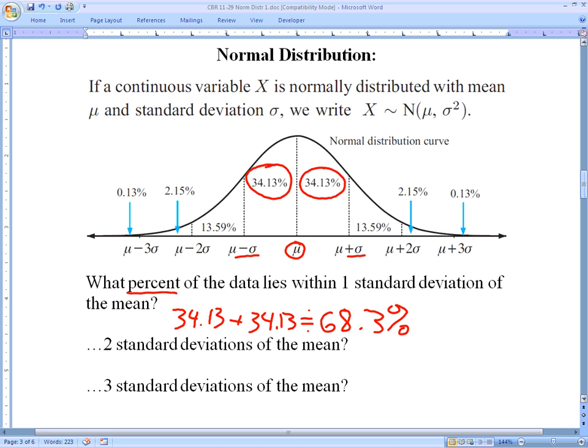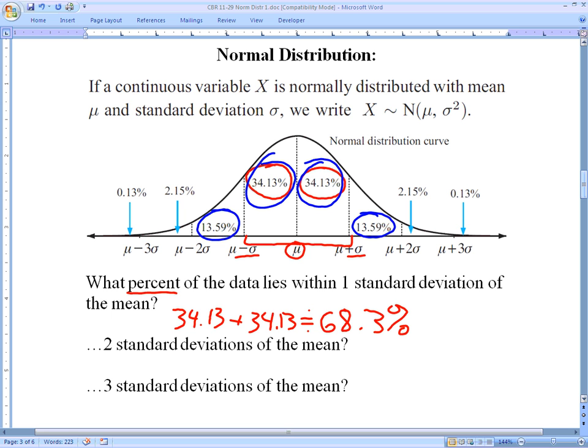68.3% of my data is going to be within one standard deviation of the mean for normally distributed data. Now, what if I do two standard deviations from the mean? Well, I already have this 34.13%, but I'm adding on an additional 13.59%. And I do it in the other direction as well, so